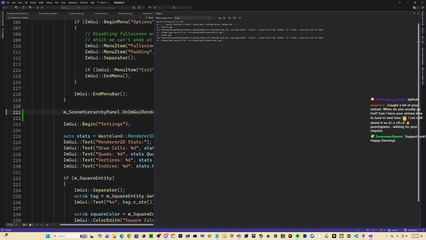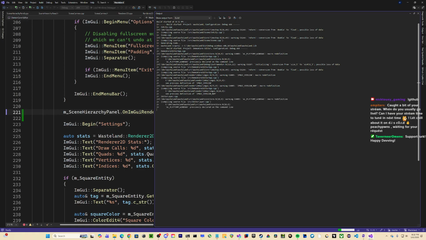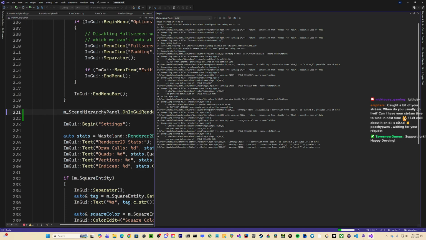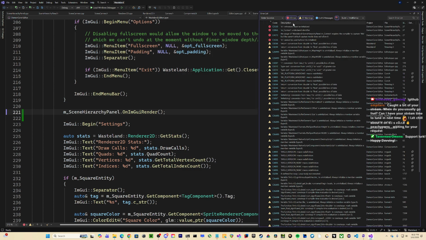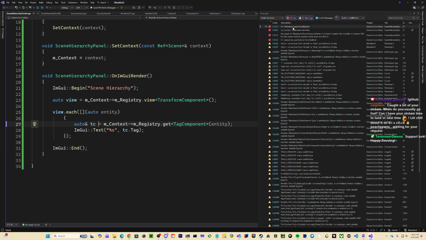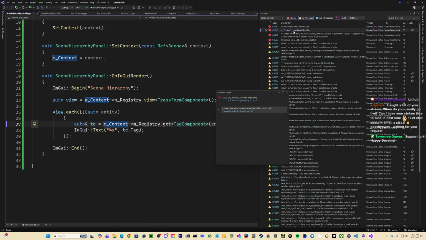Gonna try to run it. See what errors I get, if any at all. Oh, yep. Fuck. See reference. In context, undeclared identifier?